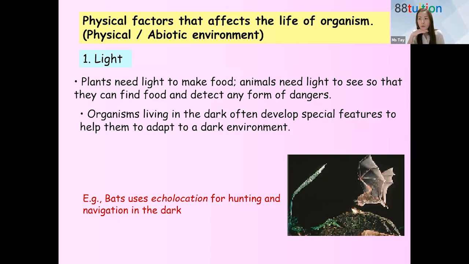It is also commonly used by ships when they want to know how deep the water is. They need to make use of echolocation to know whether there are any big rocks underneath, whether it's shallow water or deep water. They are safer in deep waters. If it's too shallow, they wouldn't like it, it might even damage the bottom. So bats, very unique.